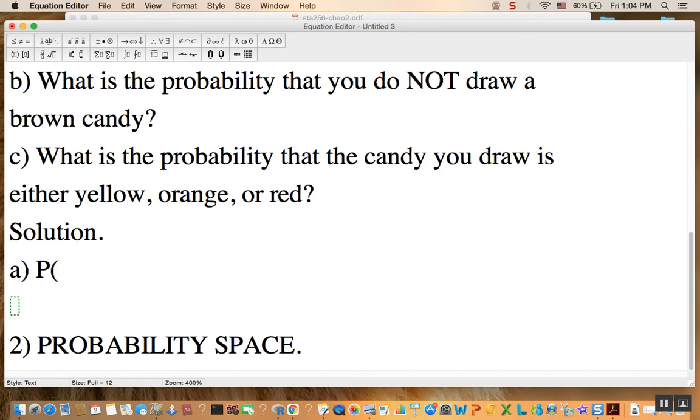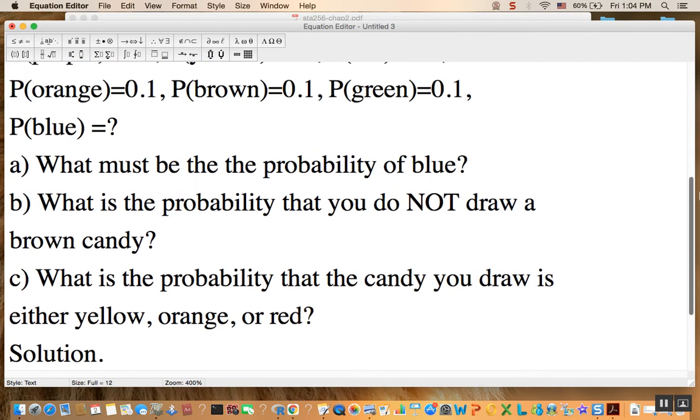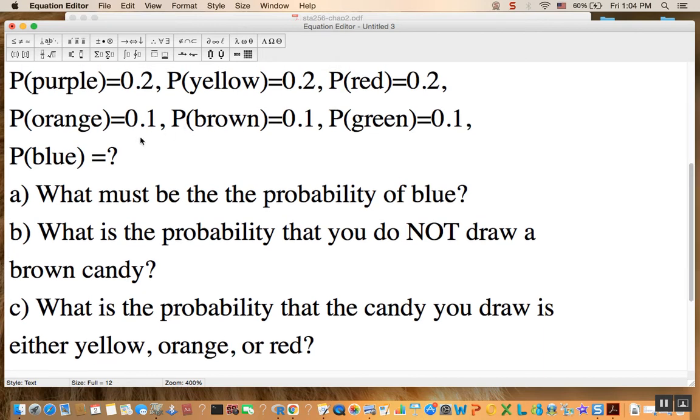On the other hand, we already have all the other possibilities. So the probability of blue must be 1 minus the sum of these guys, of not drawing a blue candy. So it must be 0.6 plus 0.3, that's 0.9, so 1 minus that must be 0.1 as well. That would be the probability of drawing a blue